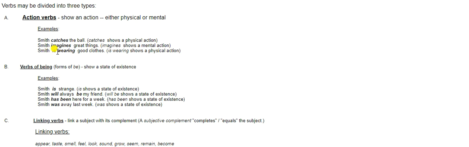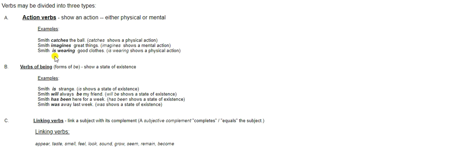And you notice this verb has two words in it. Verbs can be verb phrases, which means verbs might be a singular word or they might be more than one word because there's a helping verb that is helping out the main verb. Okay, and all that word does is show you that it is currently happening right now. Because we don't say Smith wearing good clothes unless we want to sound like a caveman. We say is wearing, and that just signals that it's currently happening right now. And that's what helping verbs usually do.